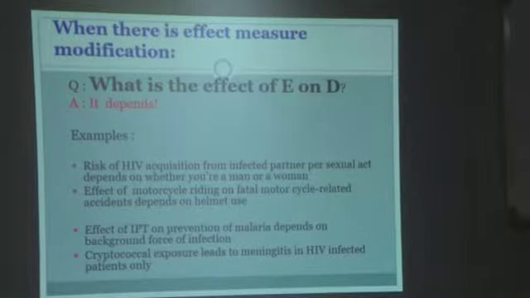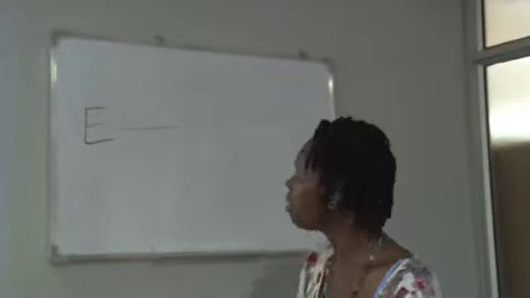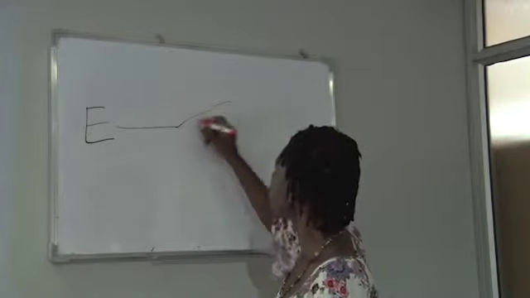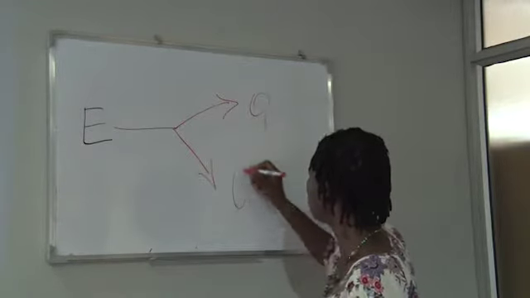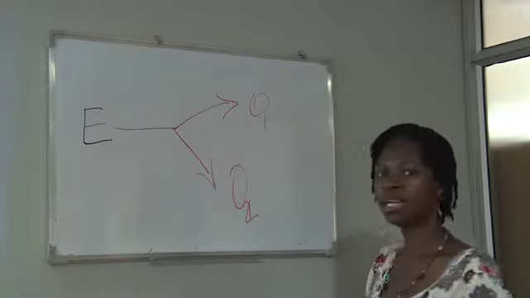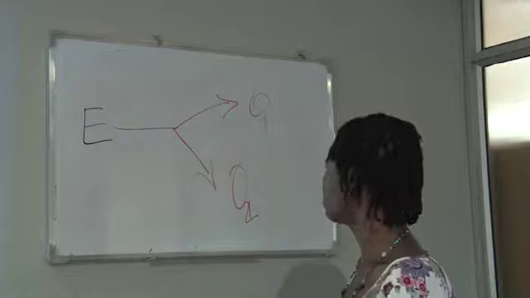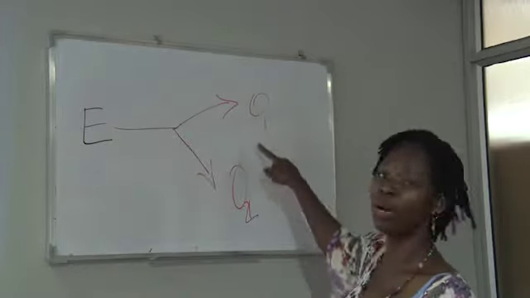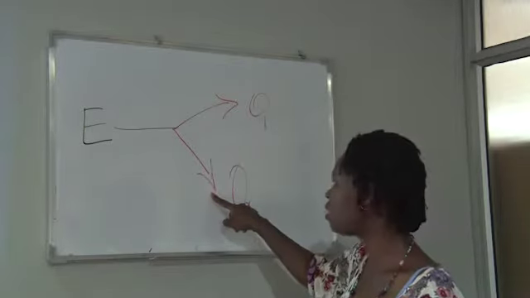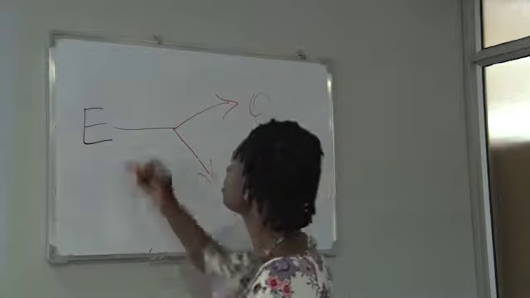Because remember, effect modification is the split effect. It is a modified effect. We no longer have an overall effect. There is a third factor that gives us a split effect: outcome 1, outcome 2, that are different, and those two will depend on the third factor. So if this mechanism is occurring, you're going to report these two effects, because they're the ones we're interested in. If there is no effect modification, you're going to report the single